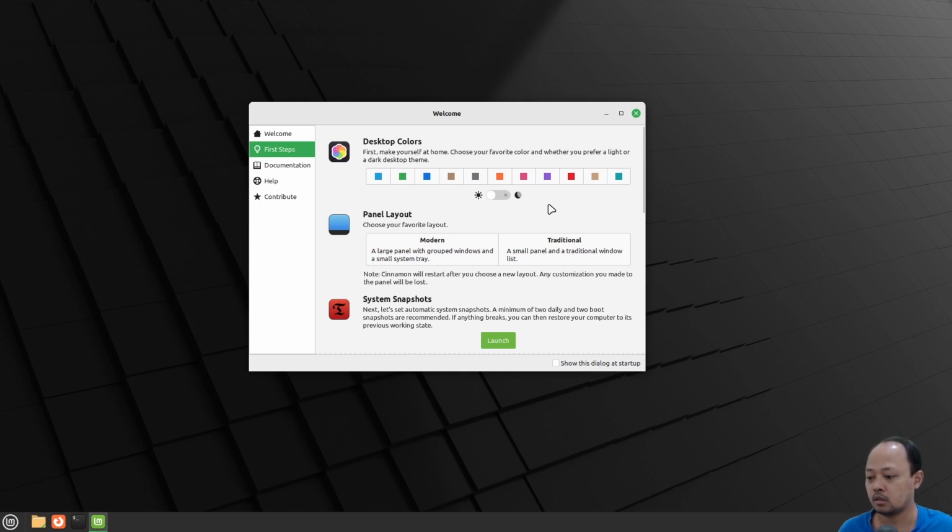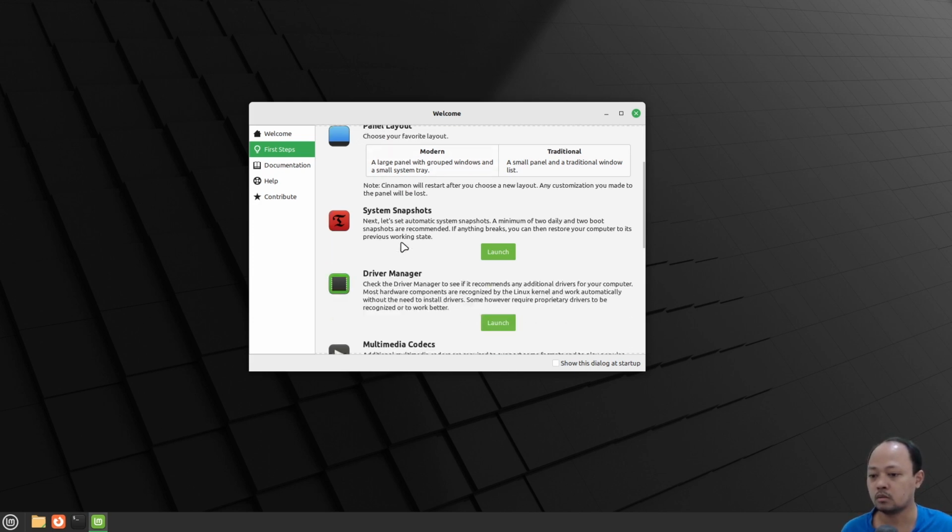And then still in the welcome screen, now we have a tool for backup our operating system. It's a very useful thing to do before we do something big to our system. For example, trying to add a beta software that has the possibility of breaking our system.